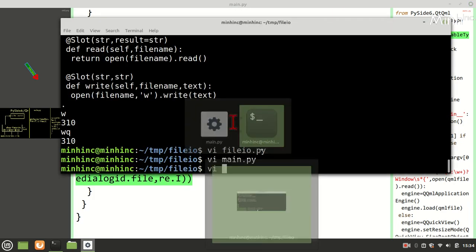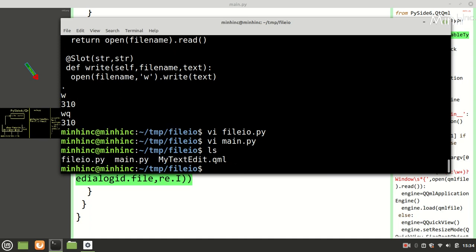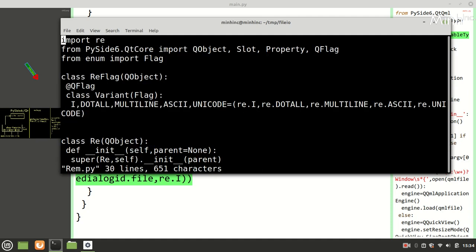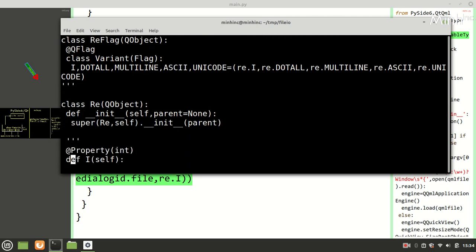Okay, so we'll try running it with Python 3. So there are three files now. Now we are using the regular expression. We'll copy the regular expression we have used earlier, regular expression rem here, and we will not use class RE flags. And we'll use attribute one only.